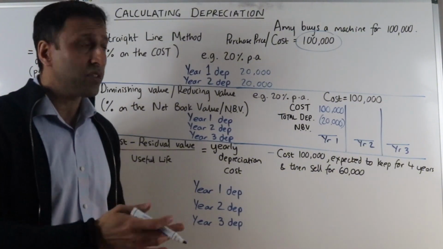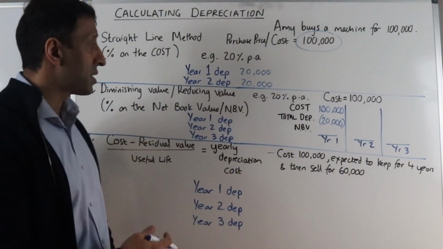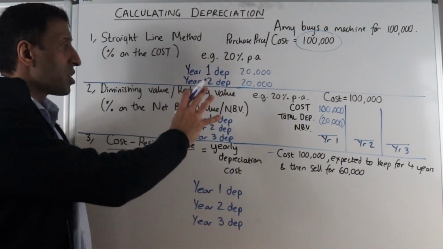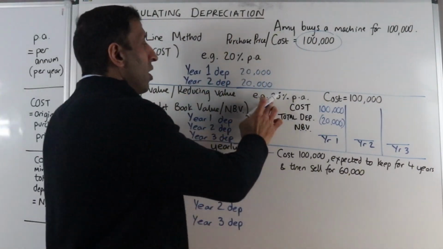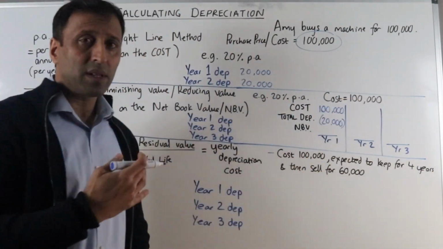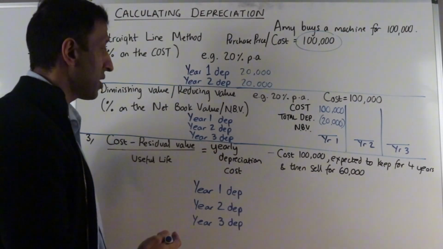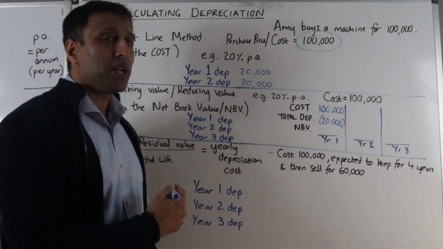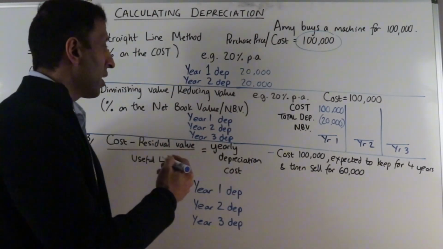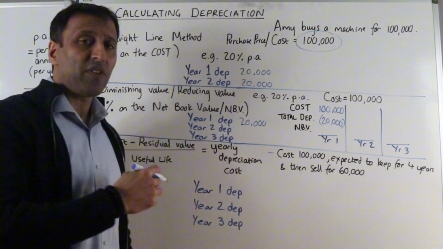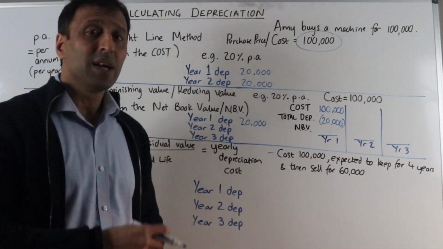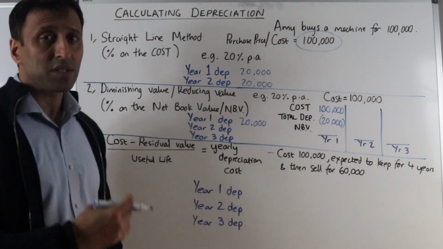It could be 10 or 15 or any percentage decided by the business, but I'm using 20% so you can see the difference between the two. So 20% of the asset, and assuming that we buy it for 100,000, the cost is 100, 20% of 100 is 20,000. And that will be year one depreciation cost. And that will go in our statement of profit and loss or income statement as the depreciation expense for that